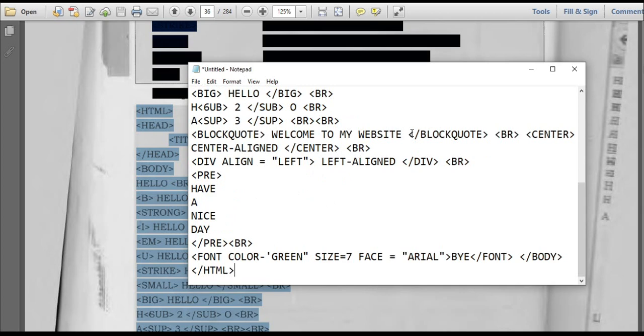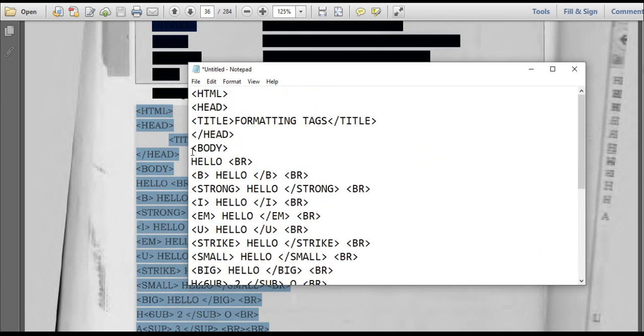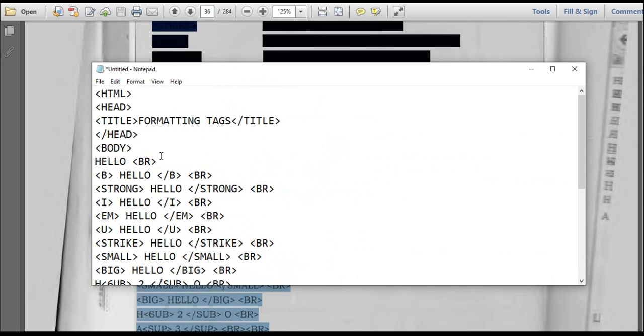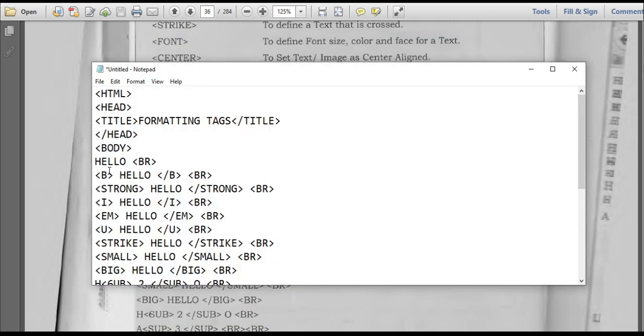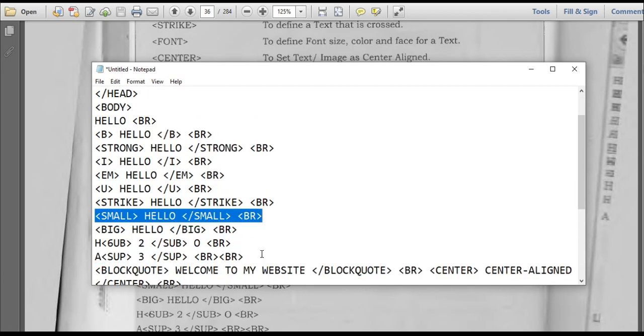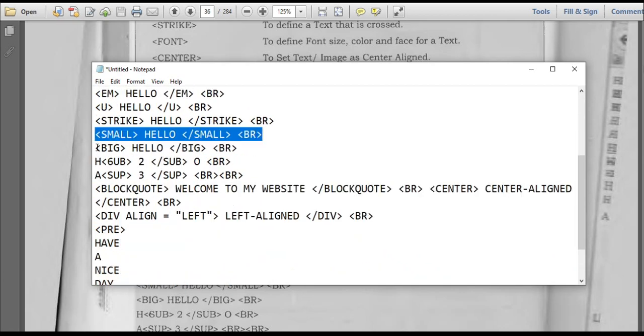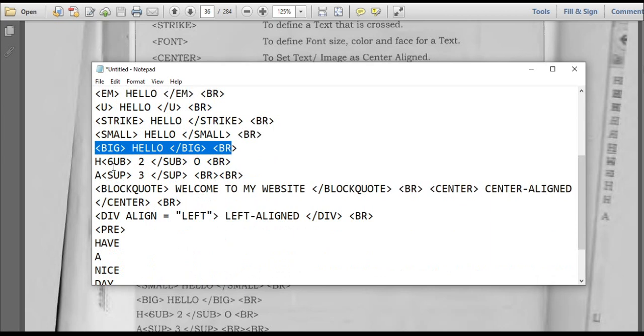File, new. I am taking this. This is in bold, it is in strong, and it is italic, emphasize, underline, strike, small, big, and it is subscript.